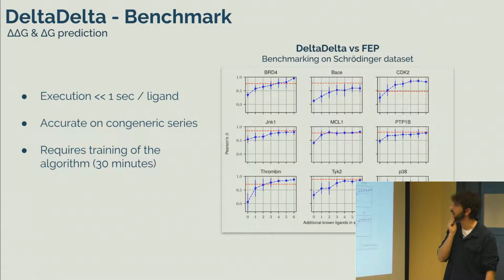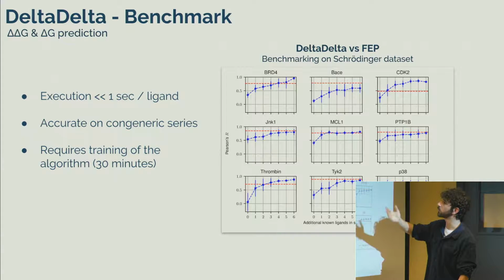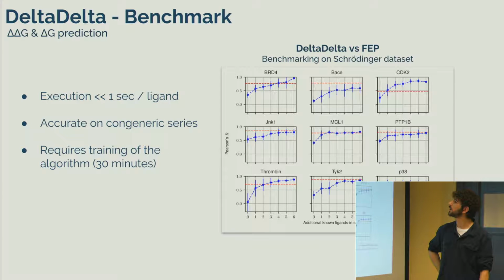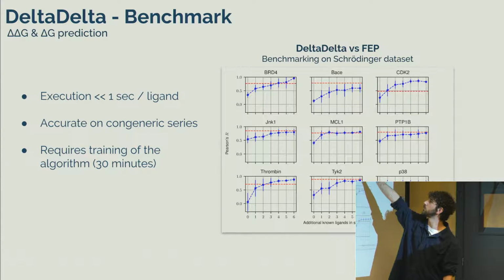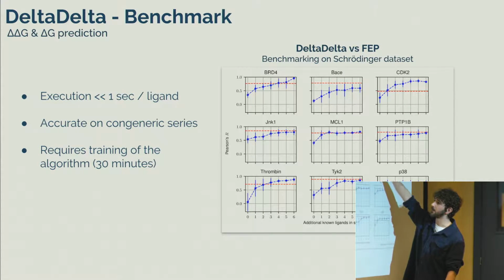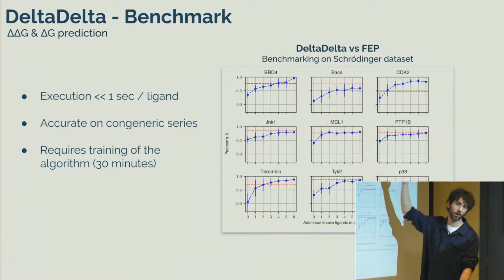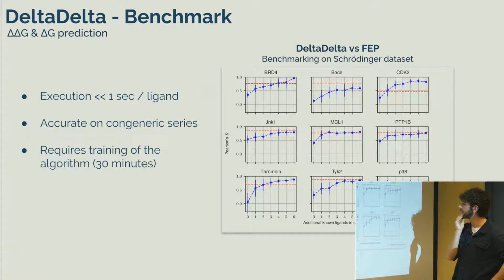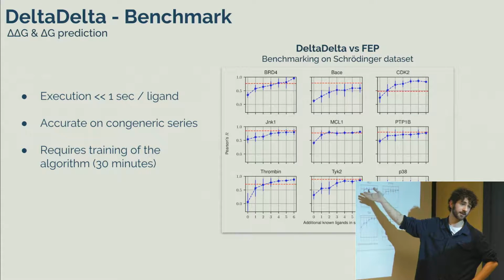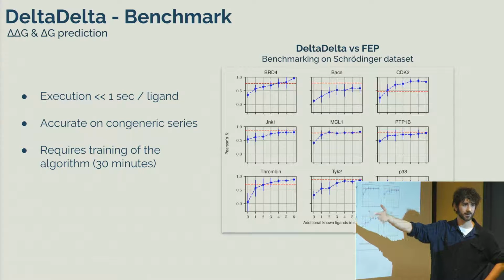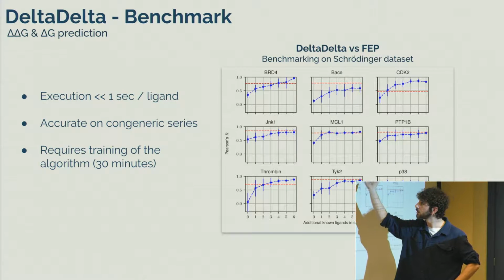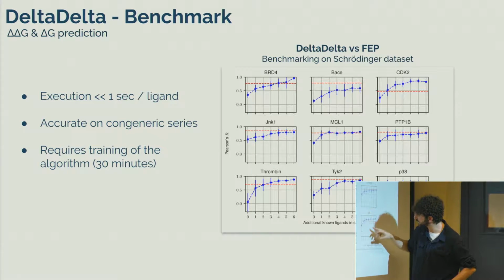Here, there are just some results compared to FEP, which is the baseline for this prediction problem. And here we're comparing on the Schrödinger dataset, which is basically the baseline on FEP that we had to beat. The interesting thing here is not only that we show similar performance in terms of prediction with much less computational resources. It's not the same to perform simulations as to execute something for less than a second. But also interesting to note here is that